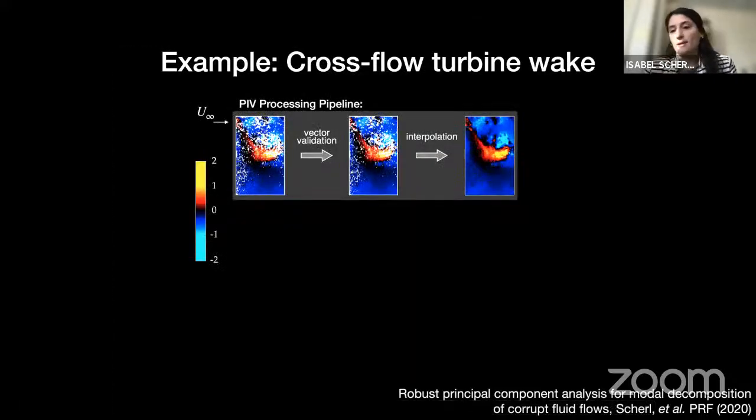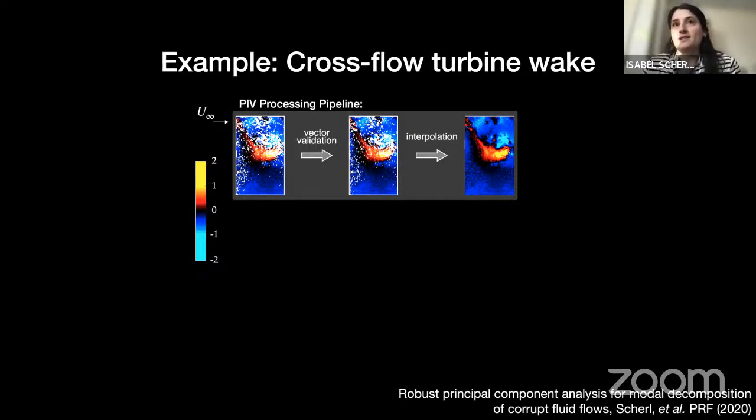This is what the processing pipeline for the two-dimensional flow field data that we collect looks like. We start with image pairs. We do a cross correlation to get a velocity field, and we have a lot of missing measurements. Each one of these white dots in this pipeline is a missing measurement. After cross correlation, there's a vector validation step, and then from there, you do a local interpolation. It's very hard to locally interpolate when your missing measurements are localized to certain regions, because if you don't have a lot of local information, local interpolation isn't that useful.